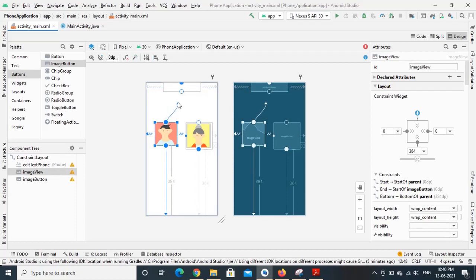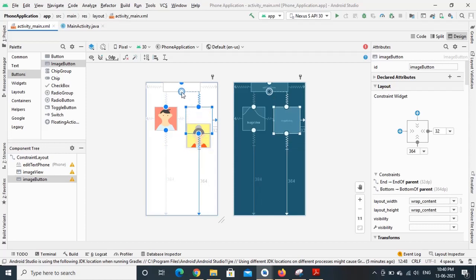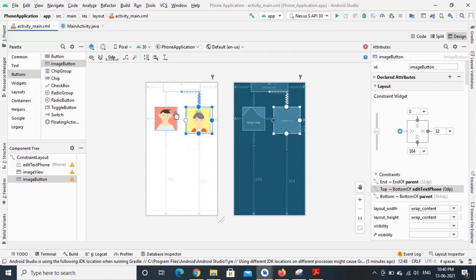And I'm attaching both the image view as well as button to the edit text.